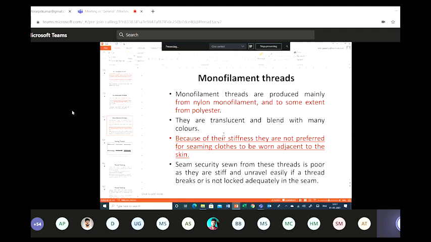Degree of freedom means that when you try to bend, the individual filaments try to relax their compressive and tensile stress. In this case, since there is only one filament and its diameter is very large and there is no freedom, you will get very high stiffness. And because of this stiffness, it may be good for stitching, okay, because they give excellent loop forming characteristics. But because of the extremely high stiffness, they are not preferred for seaming clothes to be worn adjacent to the